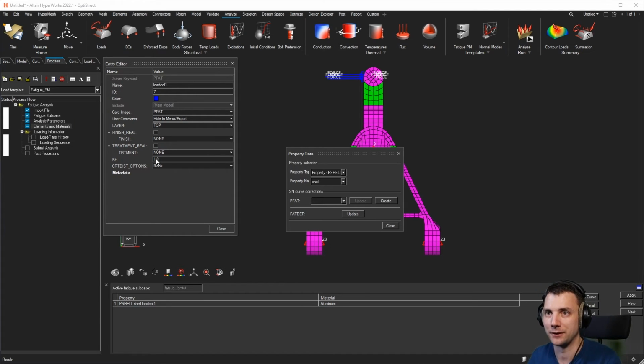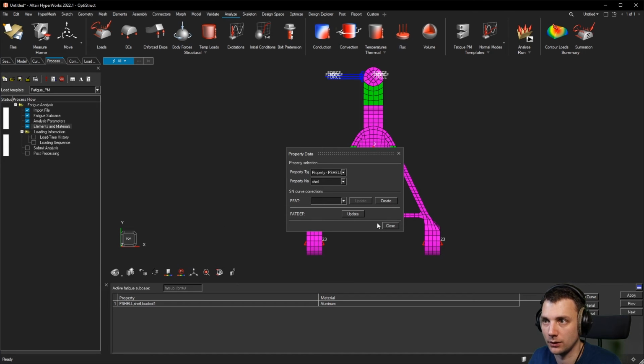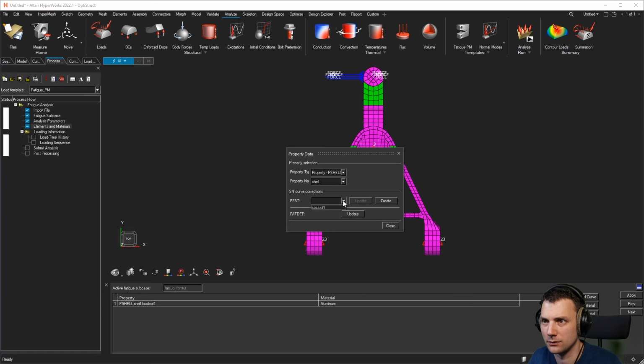You could do that with the KF factor here. Yeah, this is also called the fatigue strength reduction factor, this KF. Okay, that's about it. And then we will hit close, and then we hit